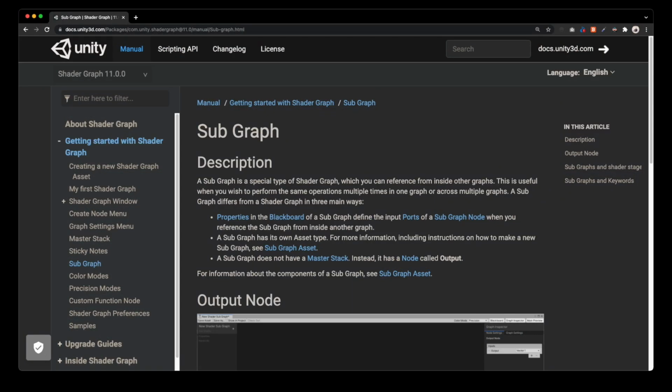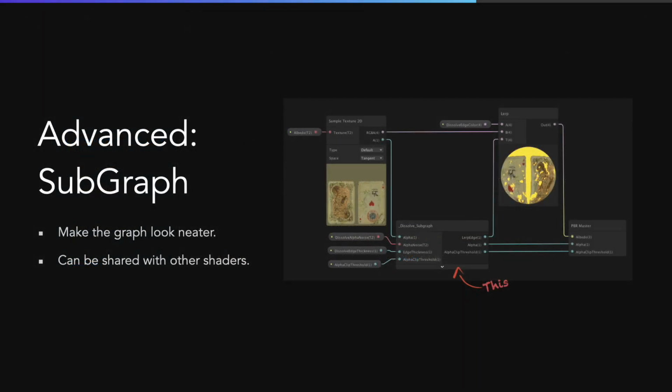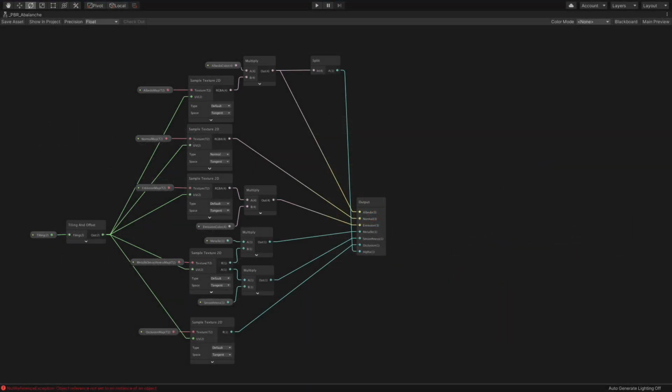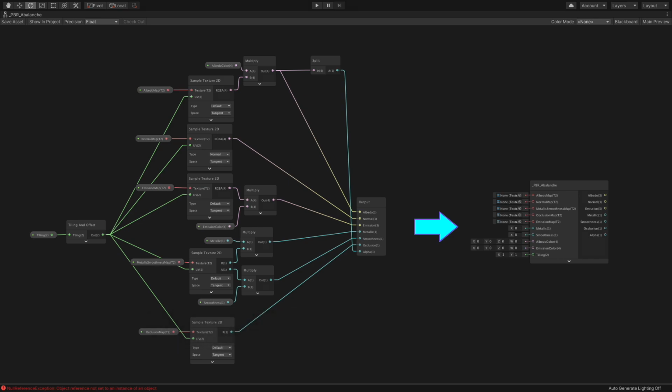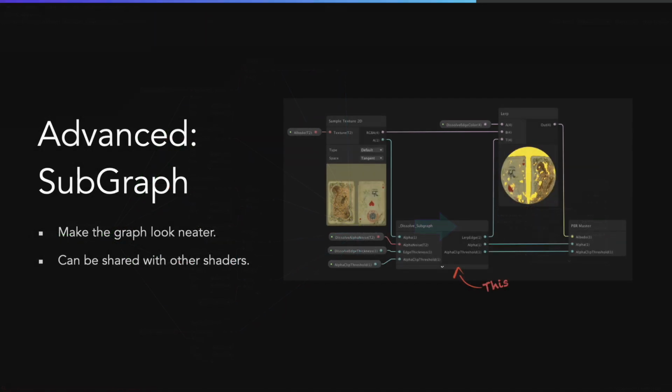Subgraph is a custom node which contains a graph inside. It's an amazing feature of shader graph. A subgraph can be used in multiple shader graphs just like a normal node. So, once you find a combination of nodes which can be reused in many places, such as PBR Avalanche, you can make it a subgraph. Then you don't have to recreate that series of nodes anymore. Moreover, a long chain of nodes will be replaced by a compact node. It makes the graph much easier to view and understand.